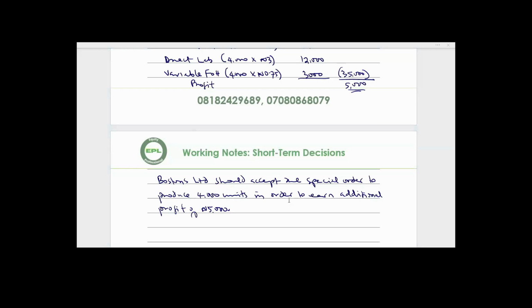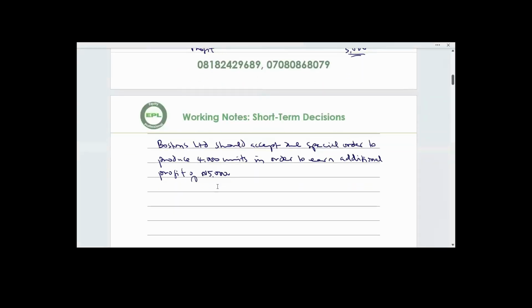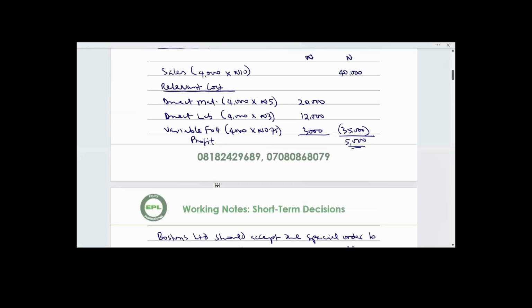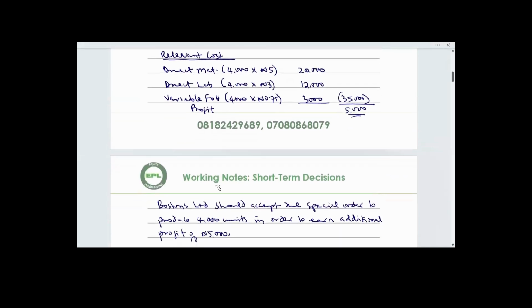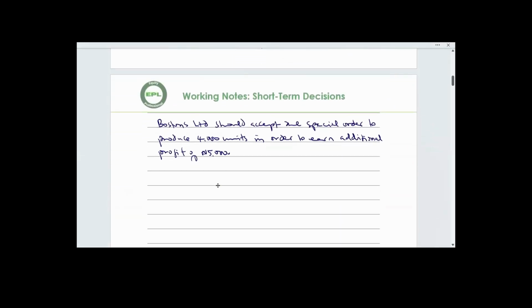Requirement number 2. What is the maximum price the company should be willing to pay to an outside supplier who is interested in manufacturing these products? The examiner is asking you, what is the maximum price the company is willing to pay to an outside supplier? Of course, you cannot pay more than what it will cost you to produce. It will cost the company 35,000 naira, which is 8 naira 75 kobo per unit. So anything above that, the company will not accept it. Therefore, requirement number 2,